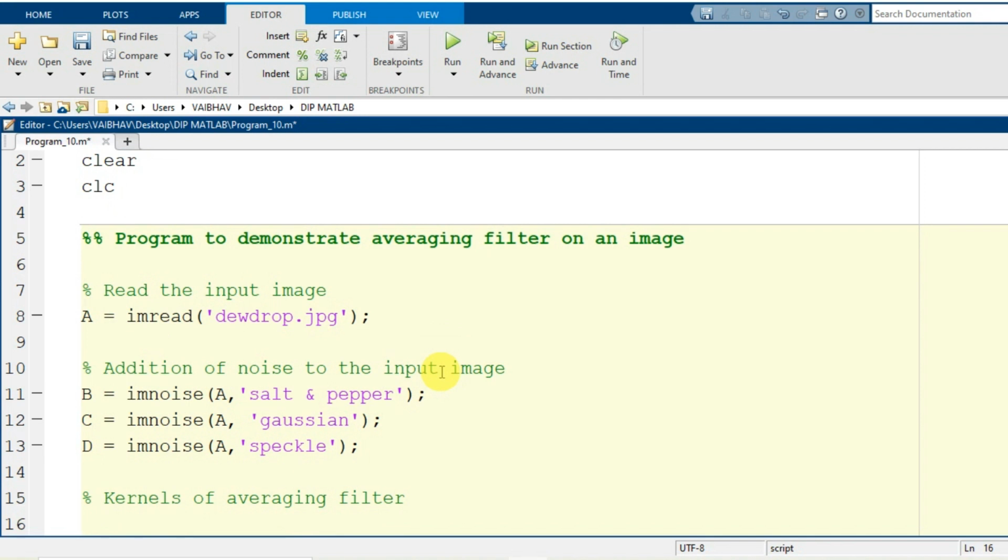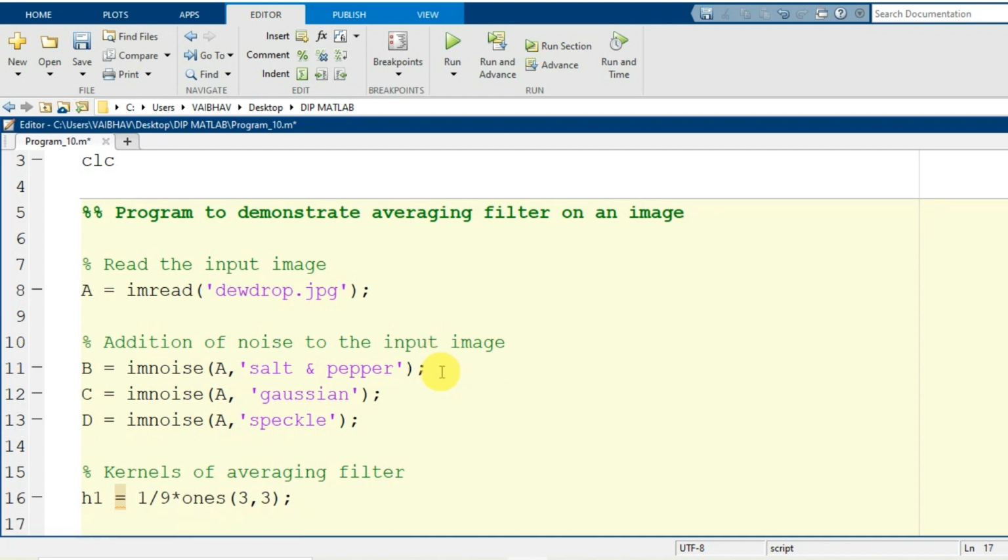Let us see the generation of the first filter mask or kernel, denoted by H1. We will generate it of the dimension 3 by 3. So we will have 1 divided by 3 into 3, that is 9, which is multiplied to a matrix of ones of the dimensions 3 comma 3.